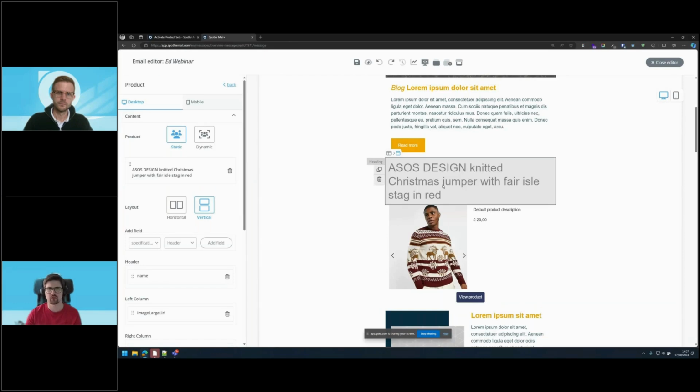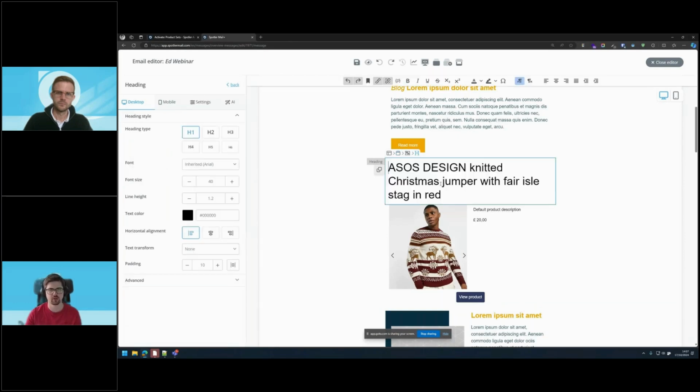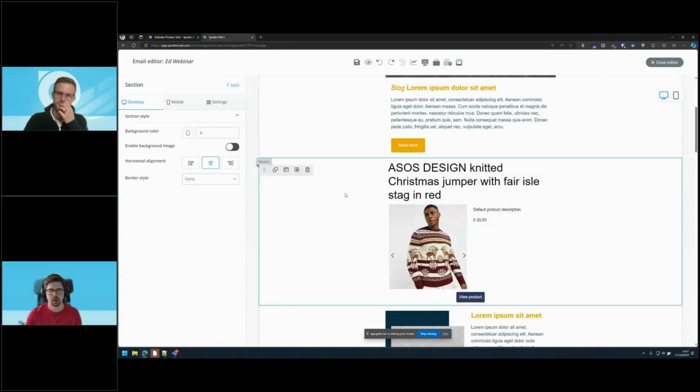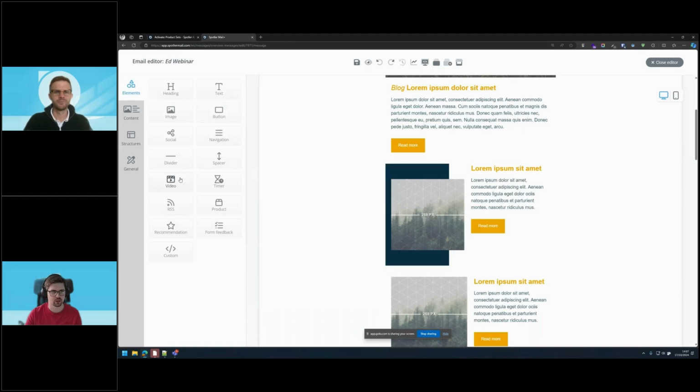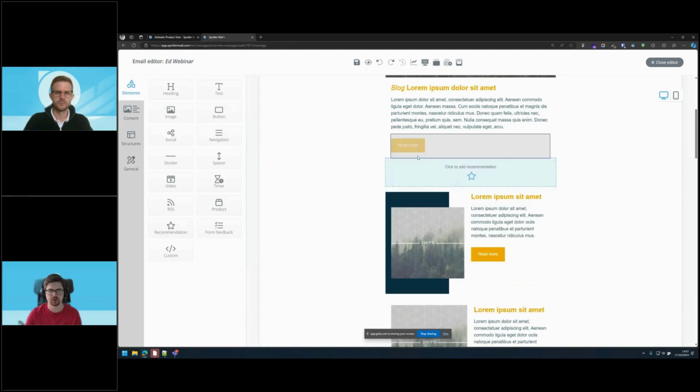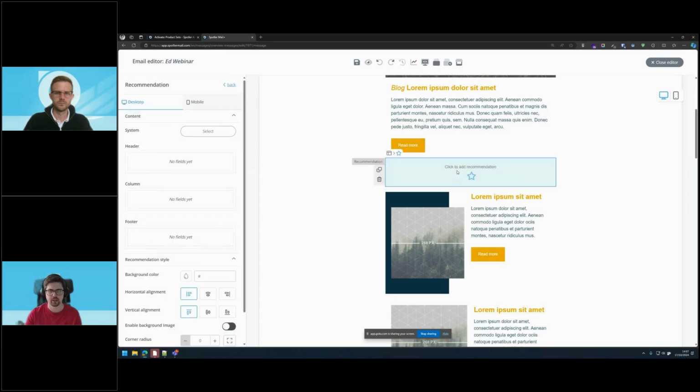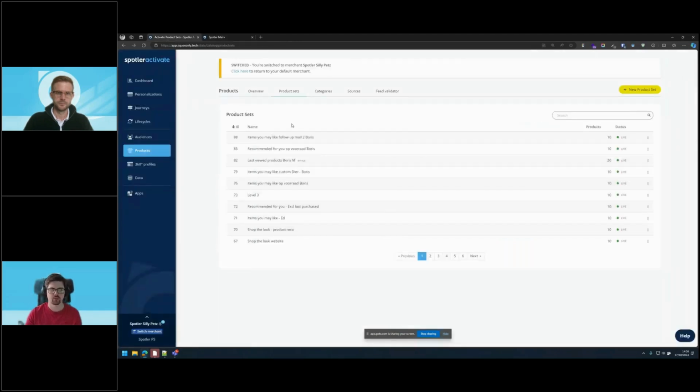You can update the look and feel of that. You can resize it, remove the product description if you wanted to. We can pull through a static product, which is quite useful sometimes. But going over what Christian said, we want to pull through a dynamic product recommendation here. So if I use the recommendation option, if I drag that in, I can click to add a recommendation. And in here, I can select my system, and then I can choose my product set that I created and activated. So if we go over to activate now and create that,